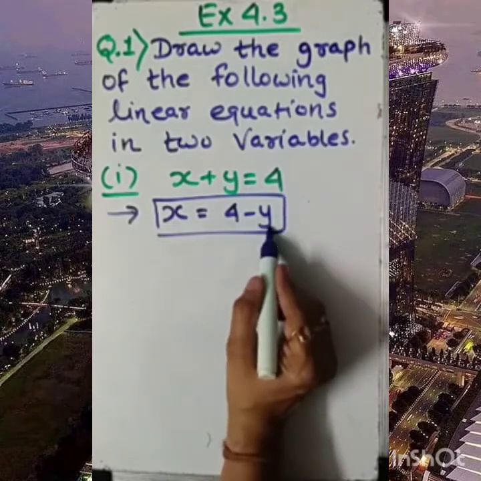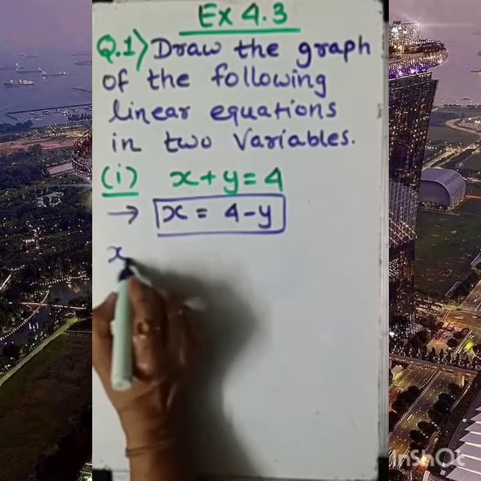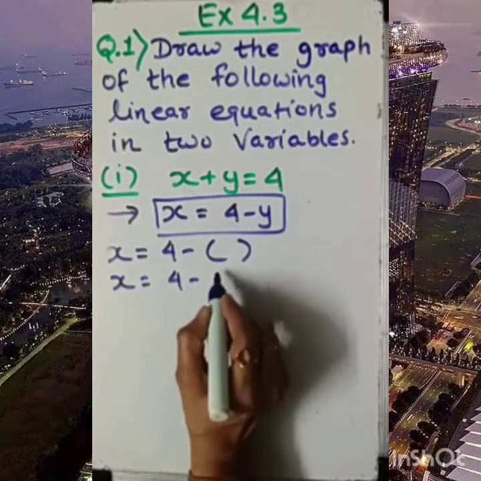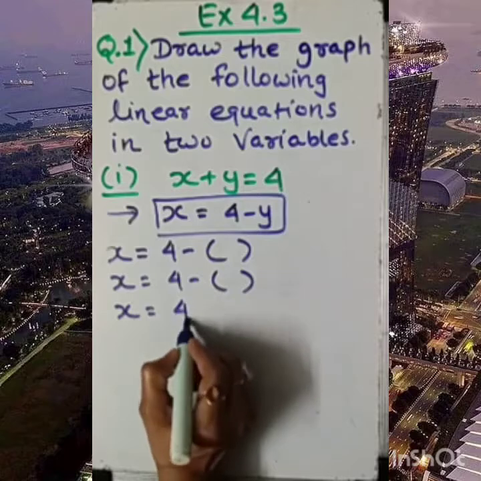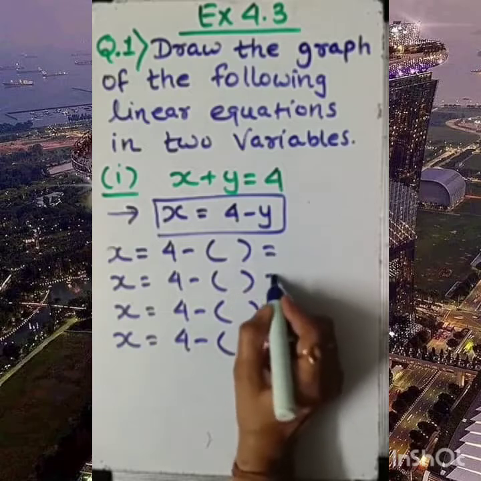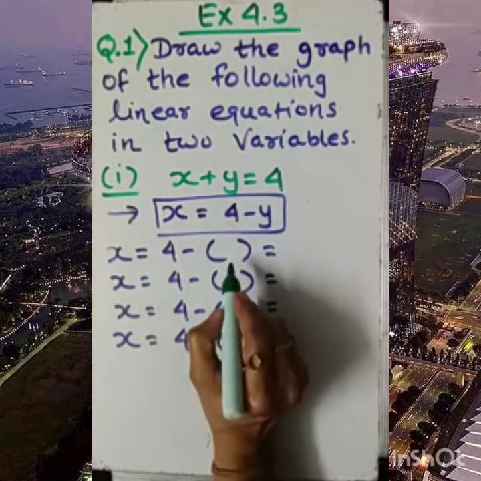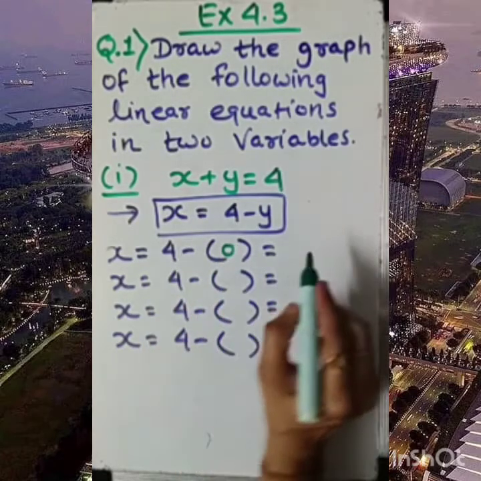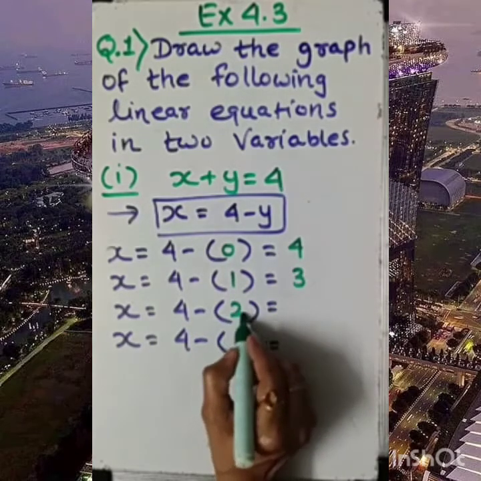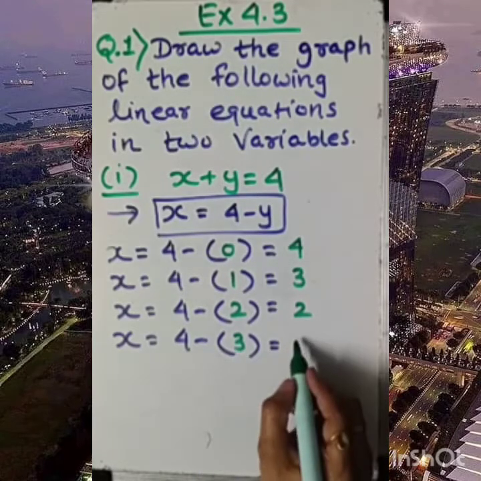Now for different values of y, we will have the value of x. So how to solve? Let's see. For the different values, we need to choose any values of our own choice. At least 3 or 4 values you need to choose. So dear student, suppose I am choosing 0. 4 minus 0 is 4. For 1, 4 minus 1 is 3. For 2, 4 minus 2 is 2. For 3, 4 minus 3 is